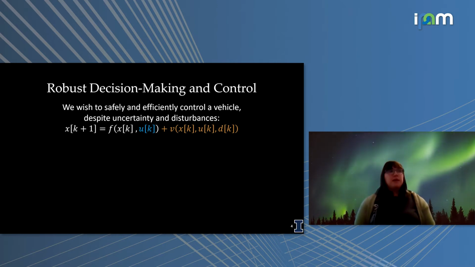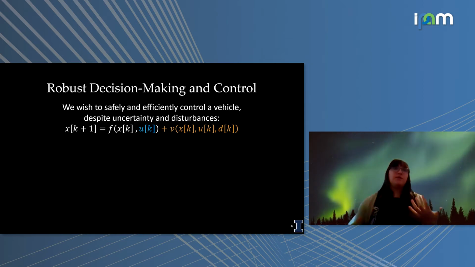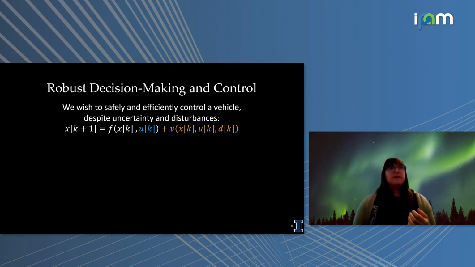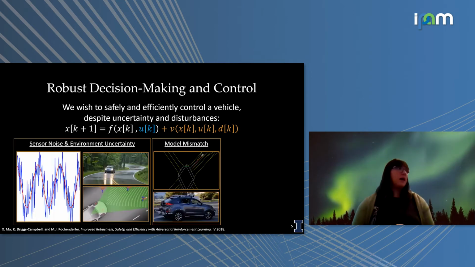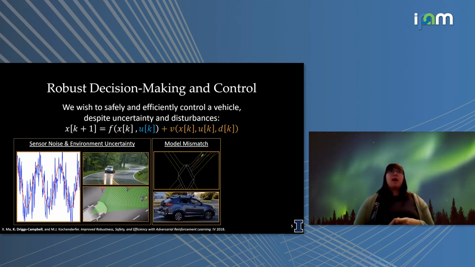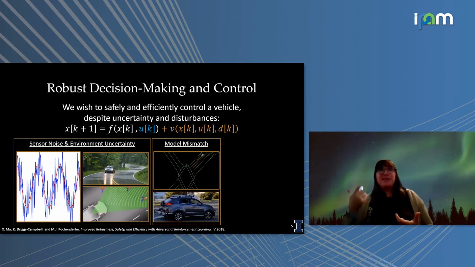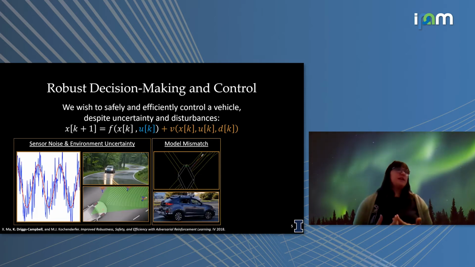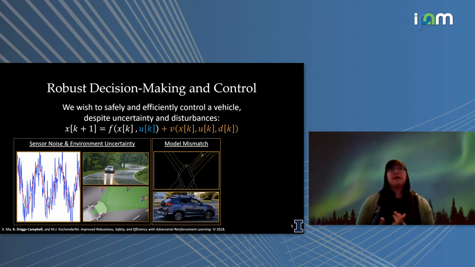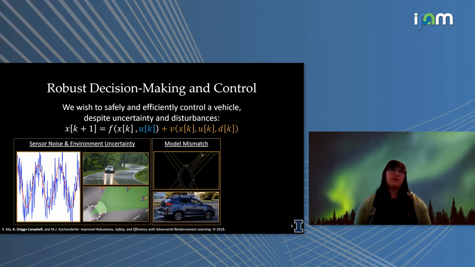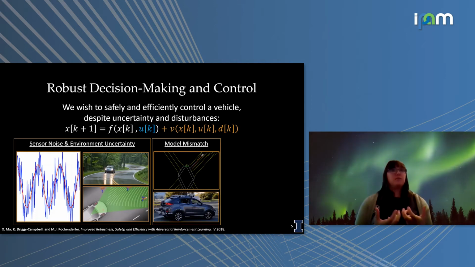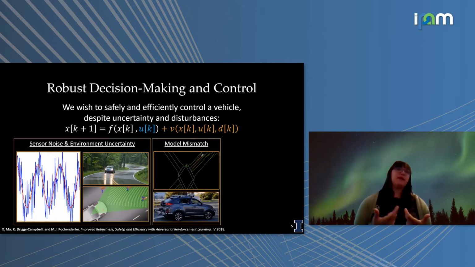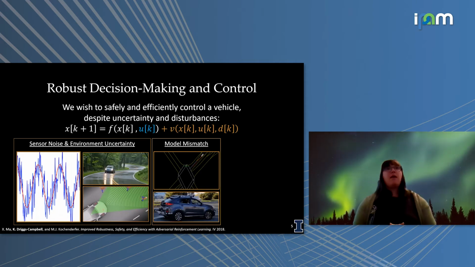When we want to formalize safety and think about how to execute it, this is the default formulation that we would think about. This is a very well-studied problem that has been around for a very long time, and it has been very good at capturing things that we can represent with this additional function on the right side. It's very good at taking into account things like sensor noise or environment uncertainty. If we have some things that are unmodeled, these tools are very good at capturing these sorts of components.